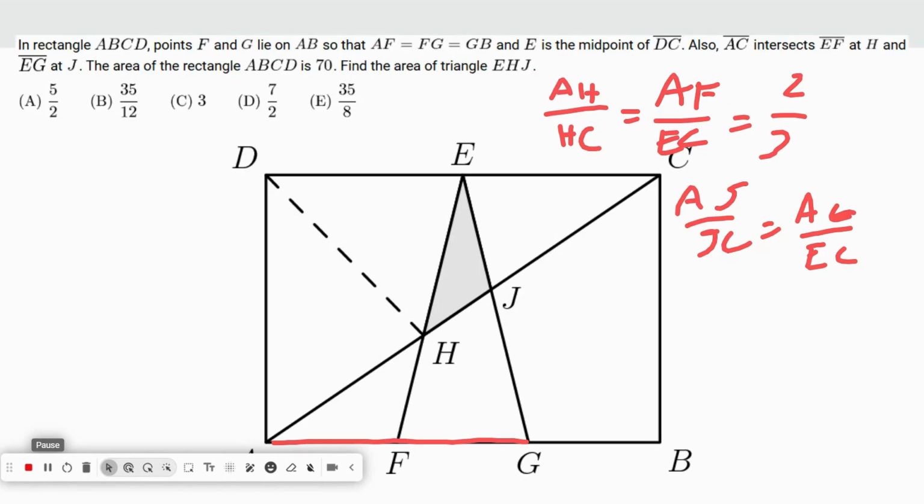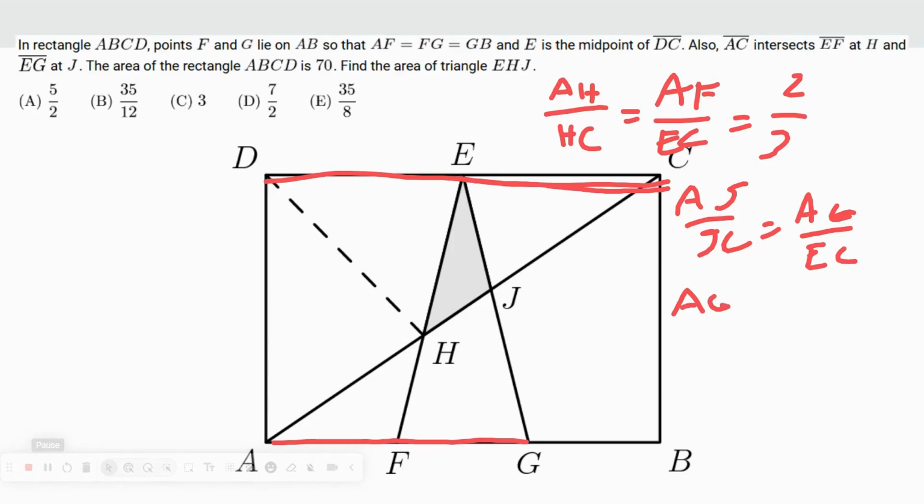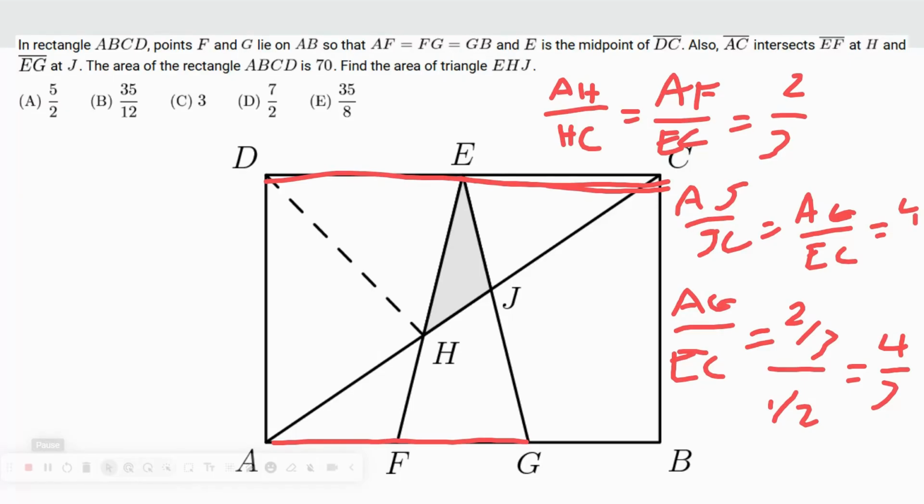And we also know that EC is 1/2 of DC. So this time we can say that AG over EC is equal to 2/3 over 1/2. And simplifying gives us 4/3. So this time we can write that AJ over JC is equal to AG over EC, which also is equal to